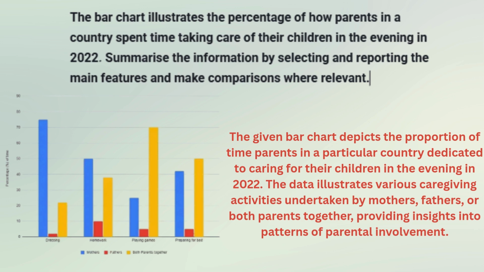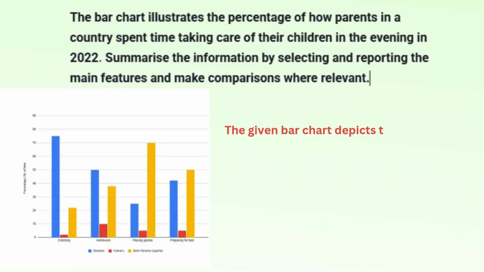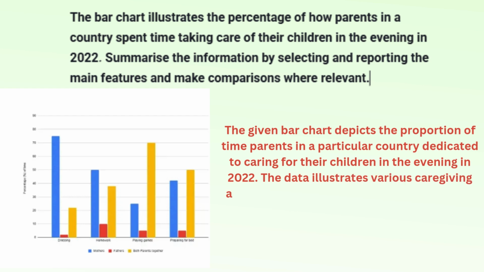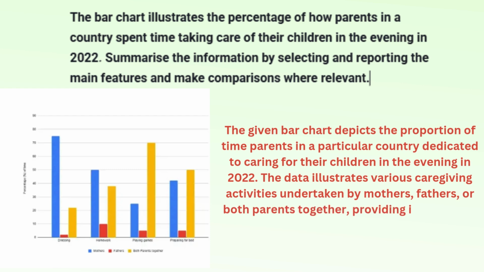The bar chart illustrates the percentage of how parents in a country spent time taking care of their children in the evening in 2022. Summarize the information by selecting and reporting the main features and make comparisons where relevant. The given bar chart depicts the proportion of time parents in a particular country dedicated to caring for their children in the evening in 2022. The data illustrates various caregiving activities undertaken by mothers, fathers, or both parents together, providing insights into patterns of parental